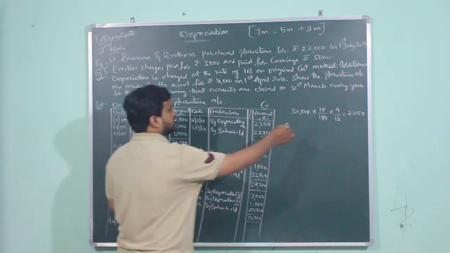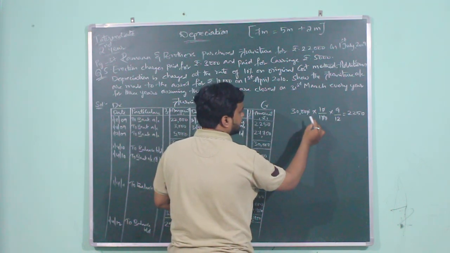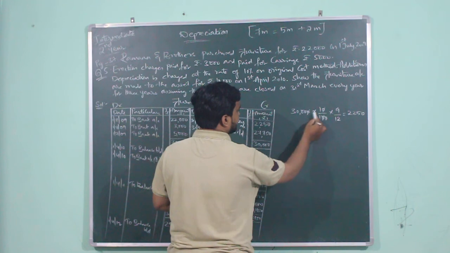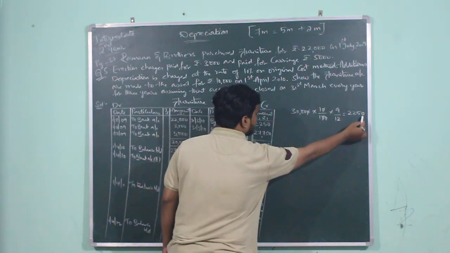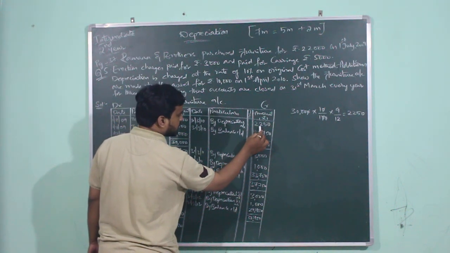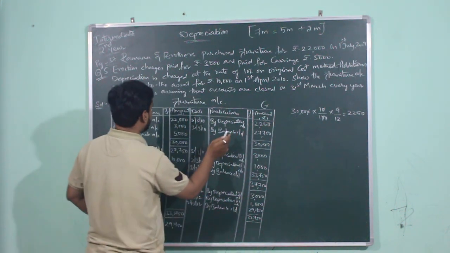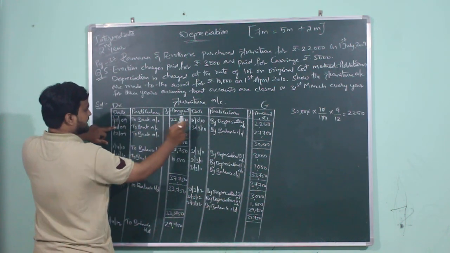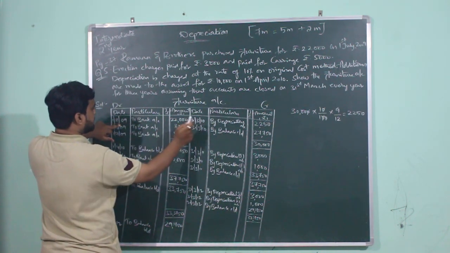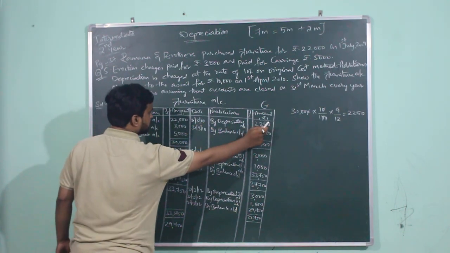So for 9 months divided by 12 months, number of months in a year, the annual depreciation is 3,000, whereas for 9 months it is 2,250. So depreciation at the end of the first year will be taken as only 2,250, though the annual depreciation is 3,000, because here the calculation is done only for 9 months from 1st July 2009 to 31st March 2010. So the depreciation amount is taken as 2,250.